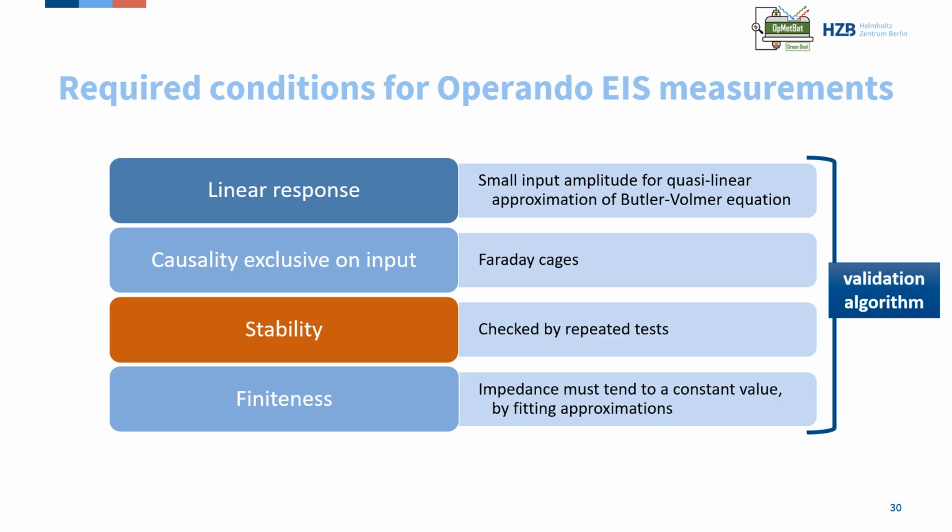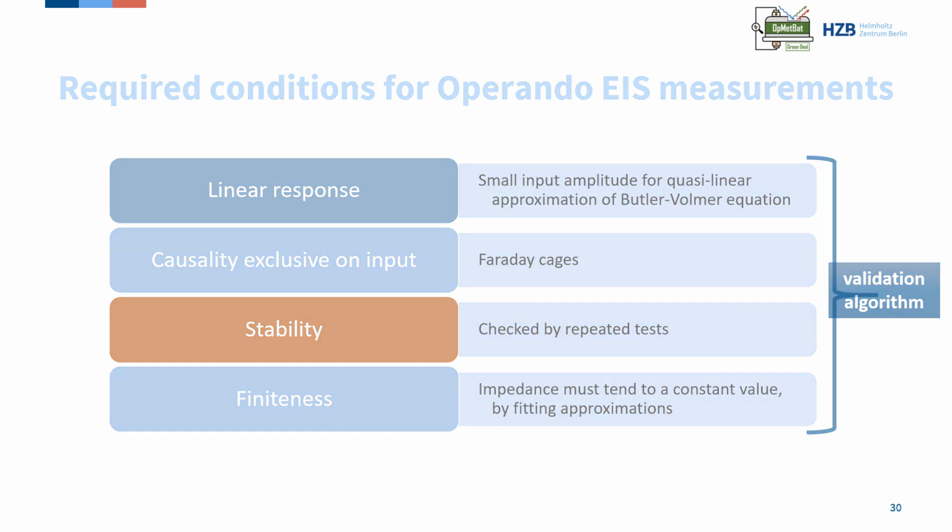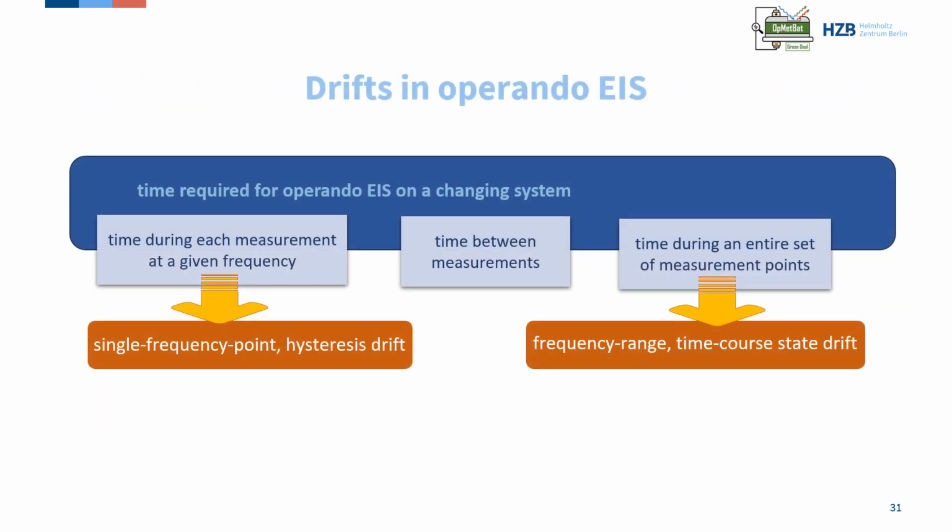For operando measurements, the stability criterion is crucial, because it means that the electrochemical system should not change with time. However, when we measure a system under operating conditions, for example during charge or discharge of a battery, the system is continuously changing. This means that the system at the beginning of the measurement would be different than at the end of the measurement. Consequently, measuring impedance in operando conditions could lead to drifts in the measurements, and this needs to be corrected to